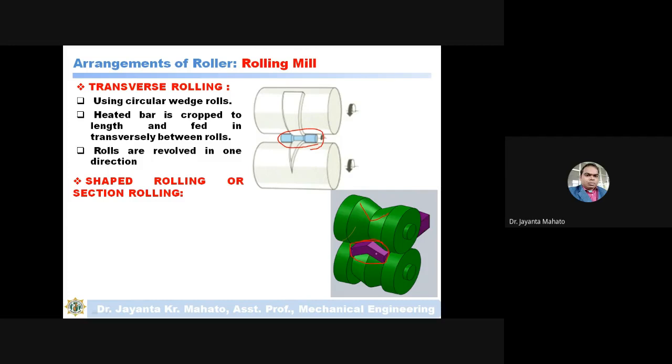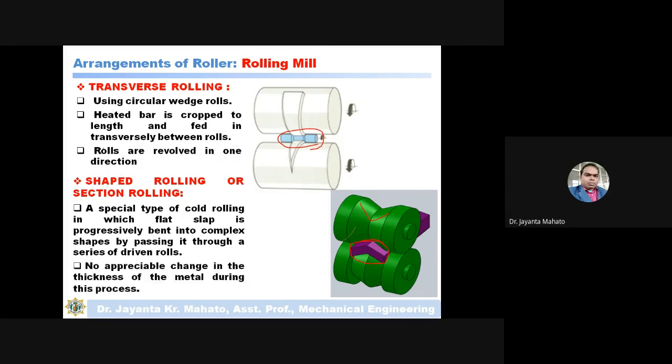So this is also possible by the rolling process, to make different cross-sectional products, like I-type or railway track type, or in this case B type section. L type section is also possible.